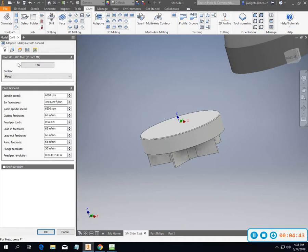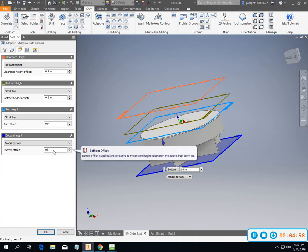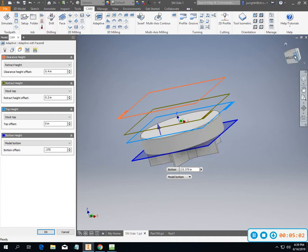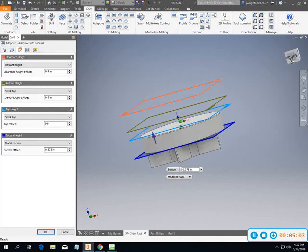So I'm going to go back into here, go into my planes. I got my clearance height, my retract height, and my top part of the top of my part, bottom height. And so I can come up here. I've already got it set at the bottom of the model. So I can come up, let's go 375 up, and look at that moving it up in there. And that brings it so that,